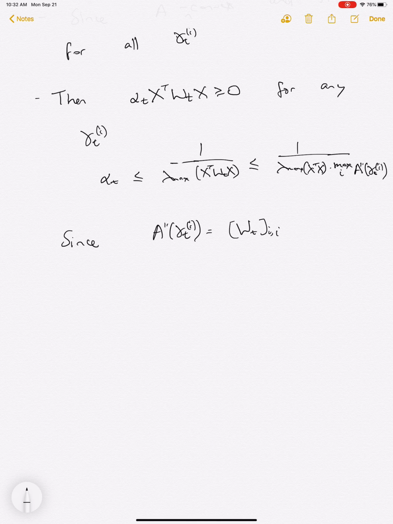But the main thing to take out of it is this looks exactly like what we saw in the linear objective, when we had this quadratic objective where the updates were linear, except now we have this additional term which relates to the double derivative of A. So we need alpha_t is between 0 and